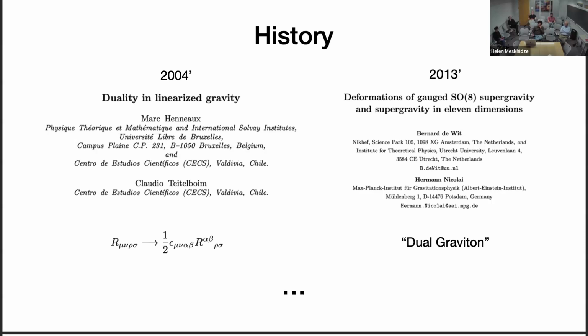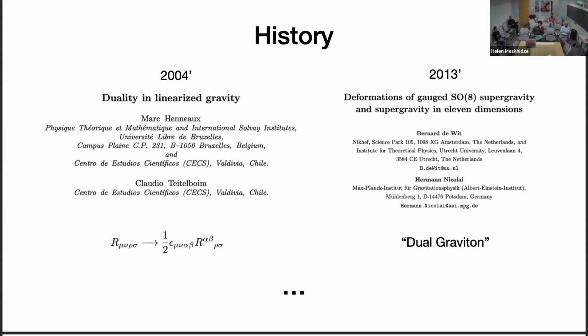So that's the epsilon tensor, and it acts on two of the indices of the Riemann curvature. This kind of operation is a little bit ad hoc, so it's not terribly surprising that it doesn't continue to the full theory. It's not an operation like the odd dual operation of Fishman, which is a little bit more well defined, I would say. Anyway, that's one line of work.